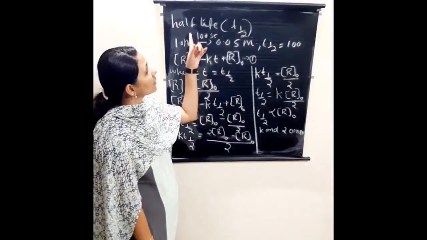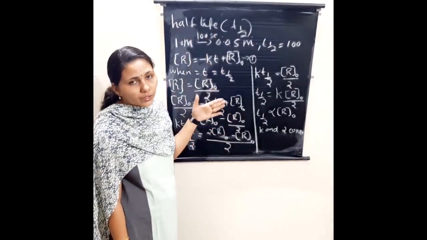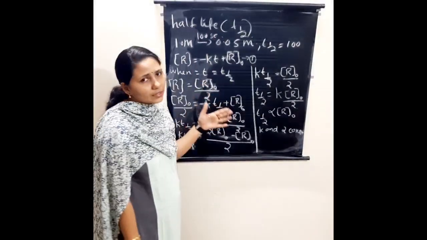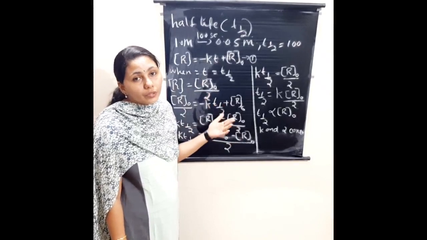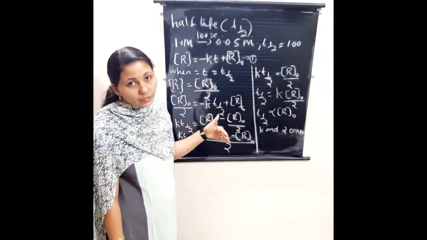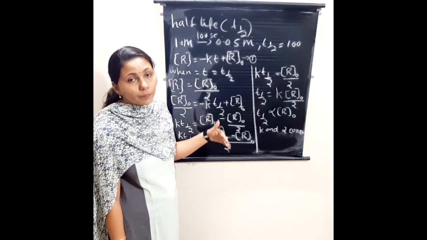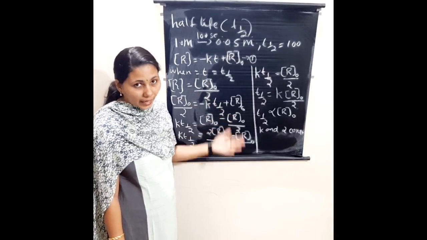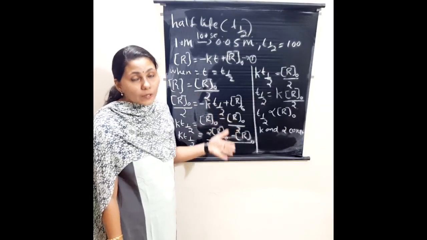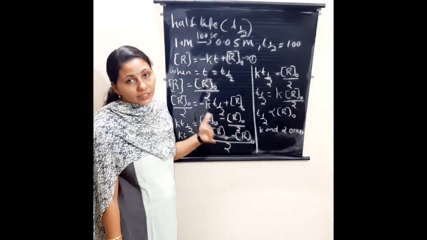T half is the half-life of a reaction. What does half-life of a reaction mean? Simply we can say it is the time taken to reduce the concentration of the reactants to half. It is the time taken for a reaction to reduce the concentration of the reactant to half of the initial concentration,